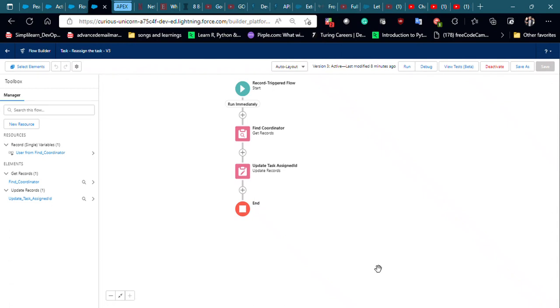This is another record trigger flow. You will find it really easy because we have used just two elements here, but most importantly, it has some conceptual points. Someone gave me a requirement that on tasks, whenever some field changes, the task owner should be changed. And actually, there are a lot of users working in the company, and whenever there is a